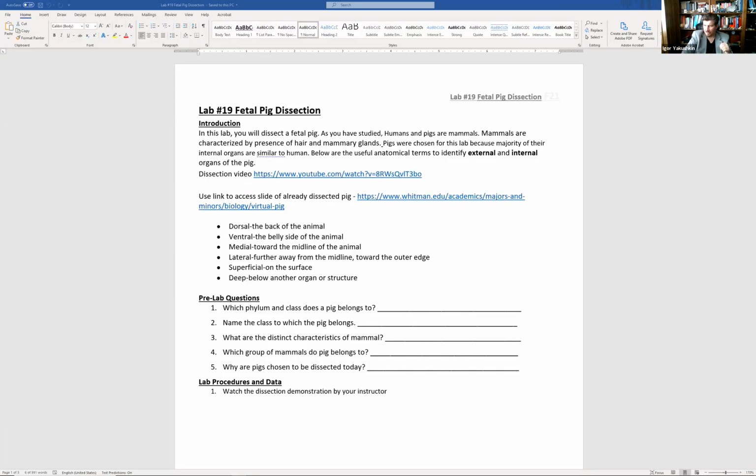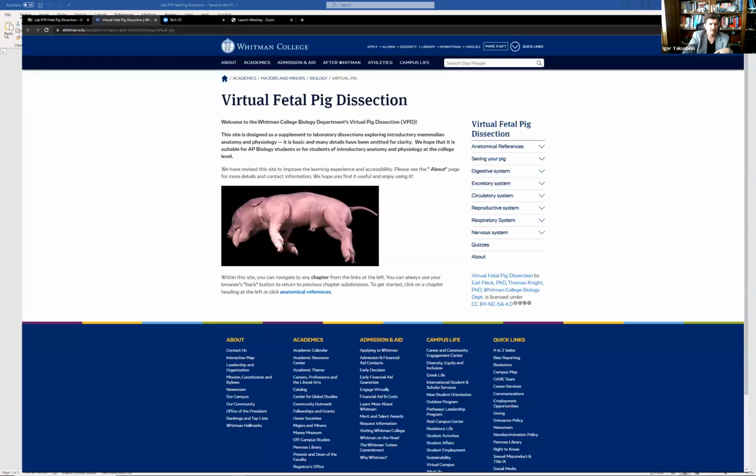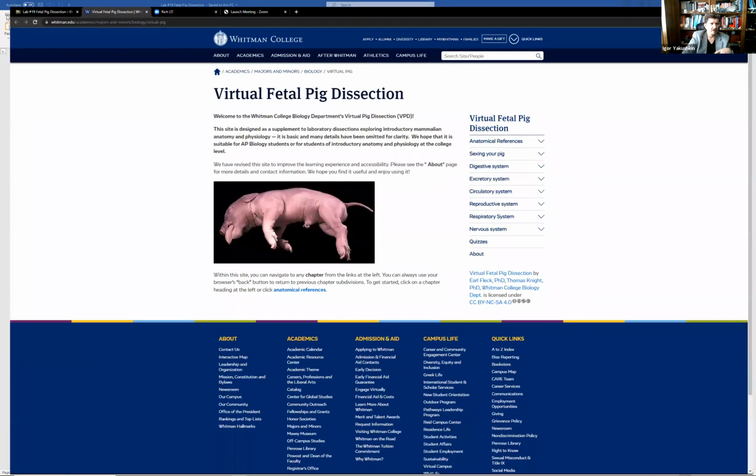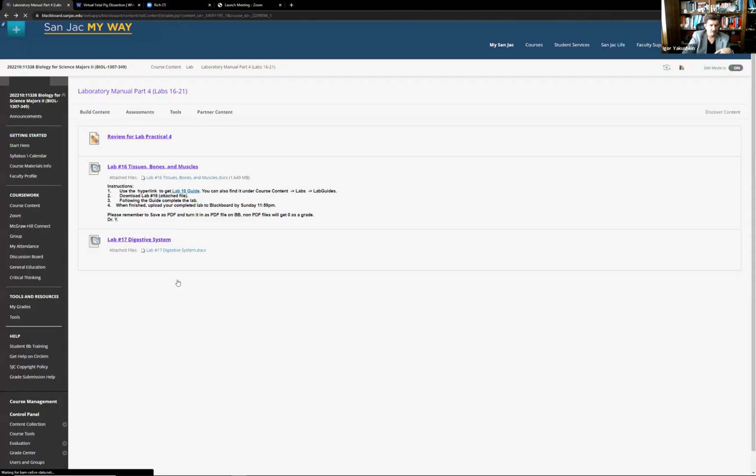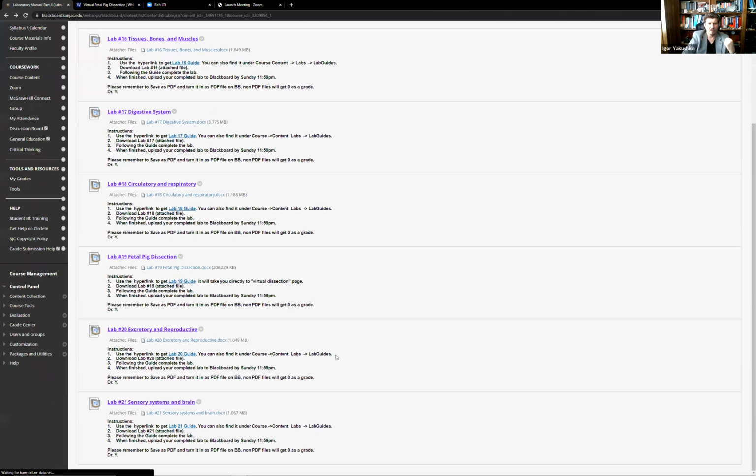Course content, lab, laboratory 9, lab number 19, get the lab 19 guide, or it will take you directly to the virtual dissection page. This is the lab 9, this is your guide right here. So yeah. See right there, and we're looking at this lab 19. It's not on the Blackboard, it's a separate page. So anyway,